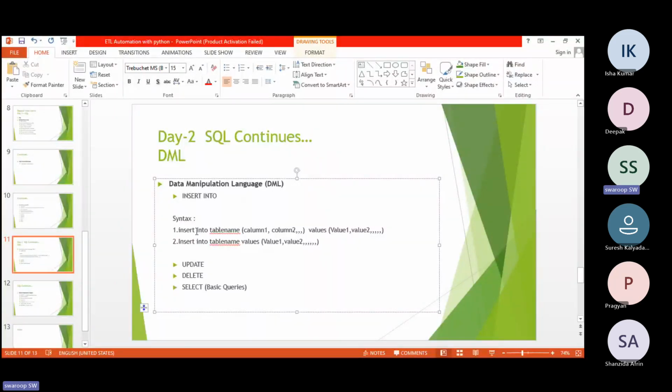Now I want to insert values for specified columns. When I want to insert the values for specified columns, in that scenario we go ahead with syntax number 1. For example, I want to insert the value for only 2 columns. A real scenario, what happens,